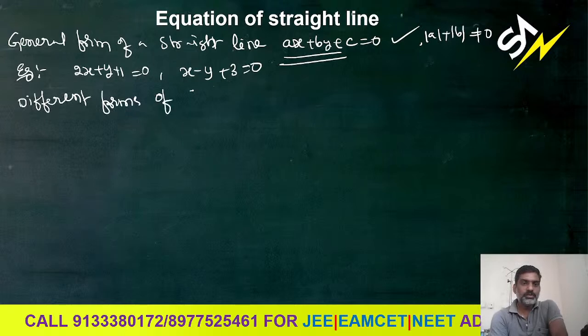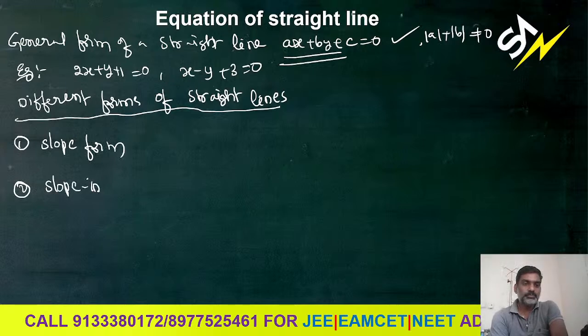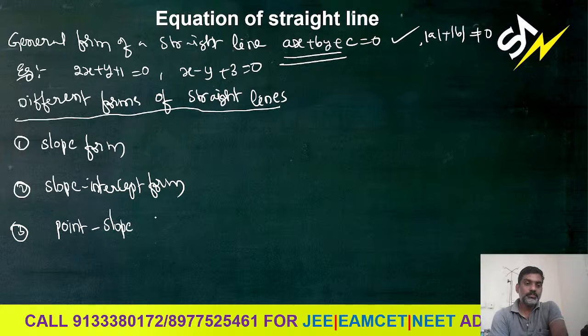Different forms of straight lines. What are the different forms of straight lines? The different forms of straight lines are, first one is slope form, second one is slope intercept form, and the third one is point slope form, and next fourth one is